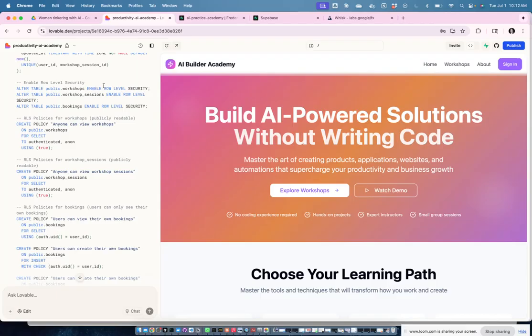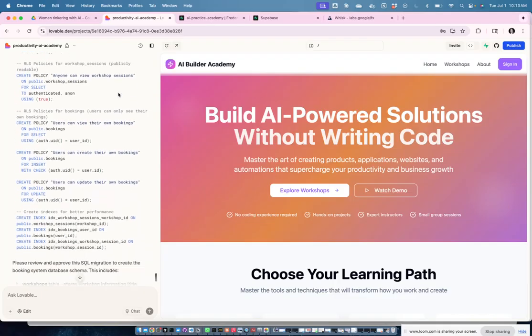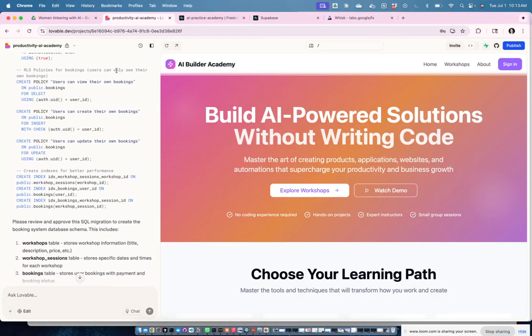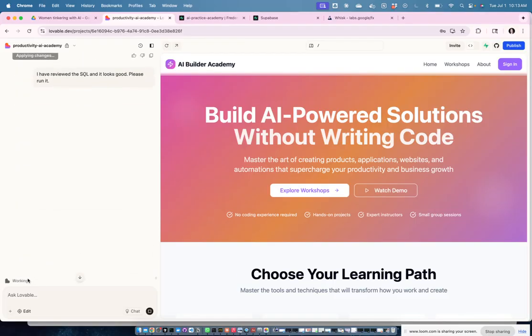Then we have some of the security levels here, policies for the workshop, so anyone can view the workshop. So it's a public table. The same for workshop sessions. And then policies for bookings, so users can only see their own bookings. We have this information, and then indexes are just, as it says, for better performance. So we can review this, say that's fine, and then click on apply changes, and the AI